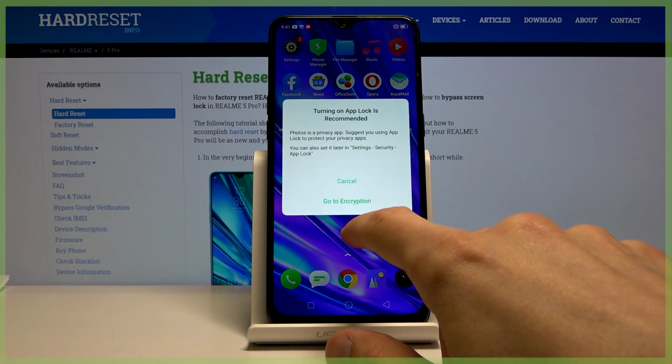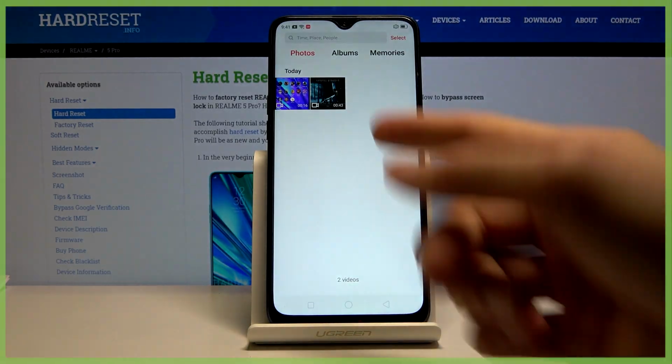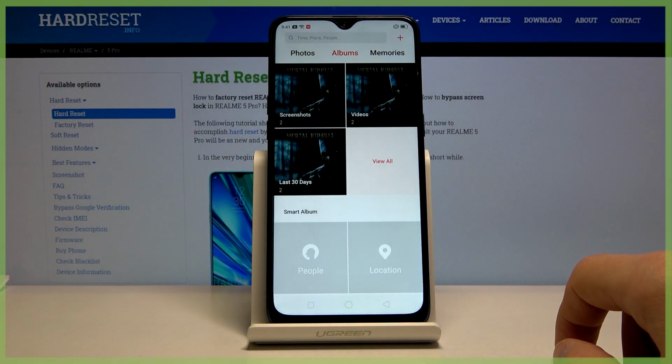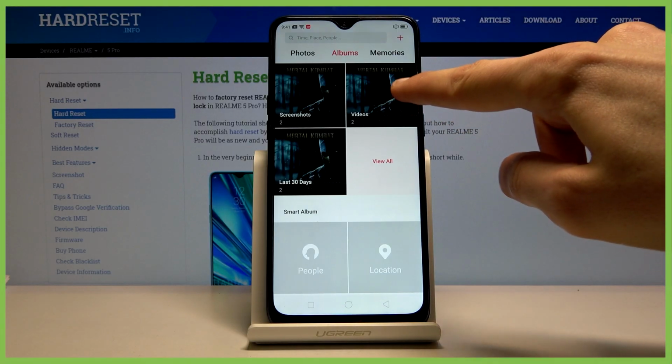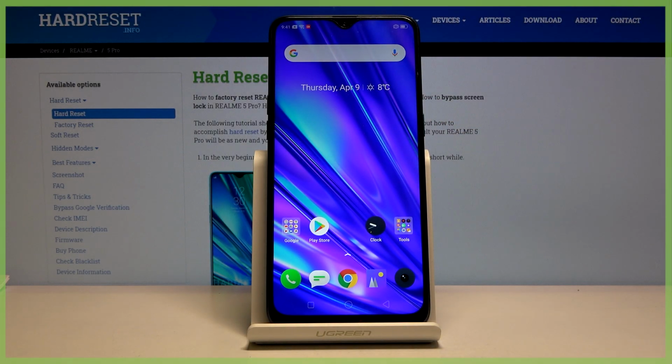And just to show it off, you can find it in your gallery, and it's right here. Also in the albums, it should have videos, there we go, videos, and you can find it in here. So that is basically everything that you could associate with the screen